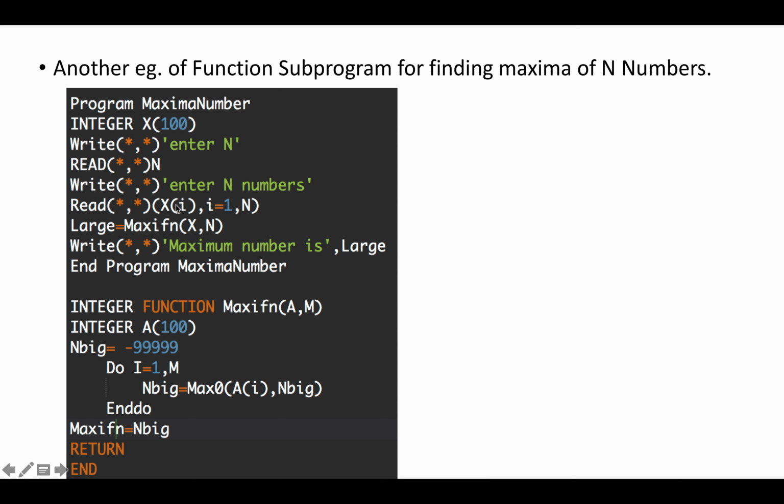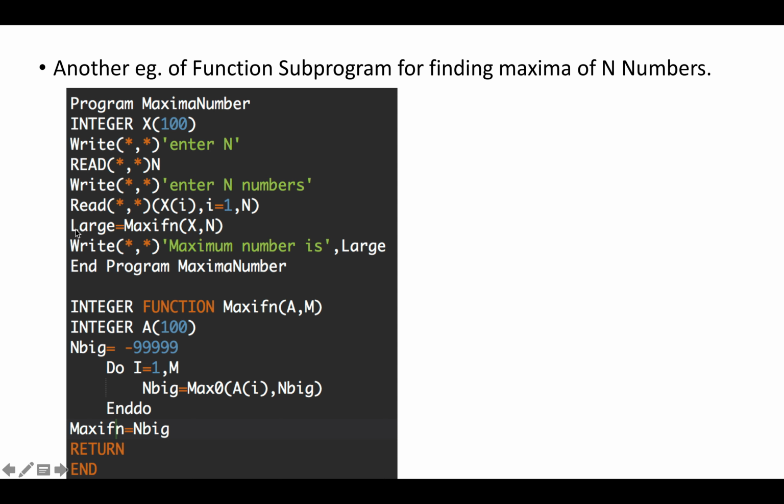Then I have to write large is equal to the maximum function, short form for maximum function, maxifn. X is the array I am giving in the argument, and n is the first n numbers.